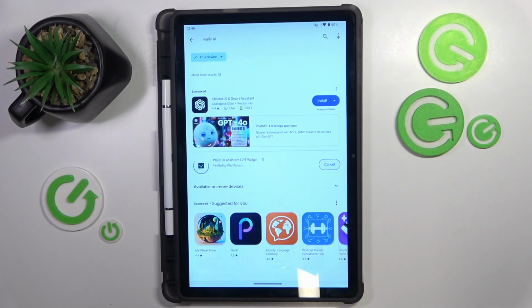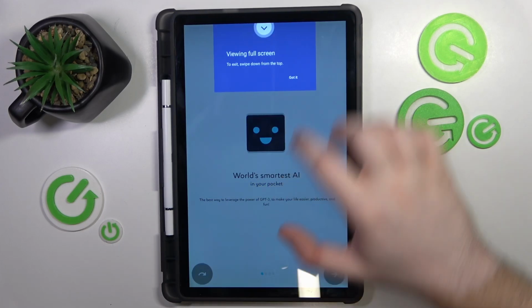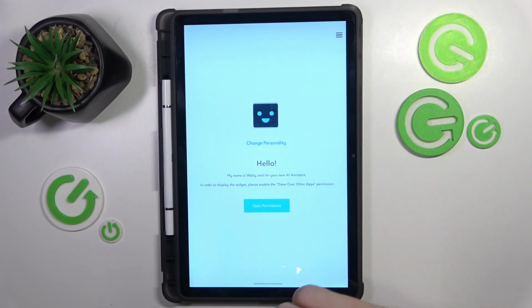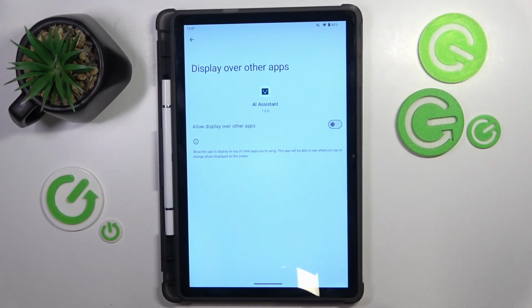And now click install. Now click open. And then click got it and click on this button to skip introduction, then click not now and click open permissions. Now click on AI assistant and click here to allow this app to display over other apps, and then